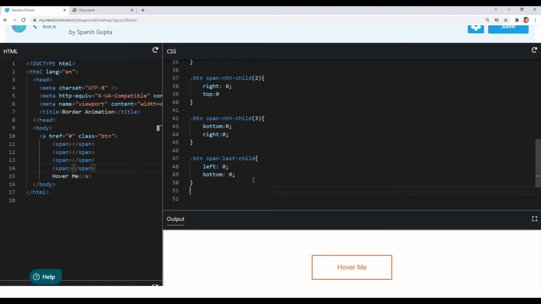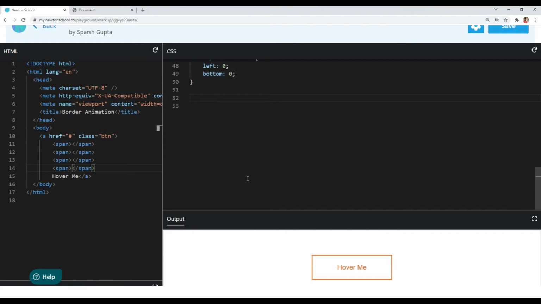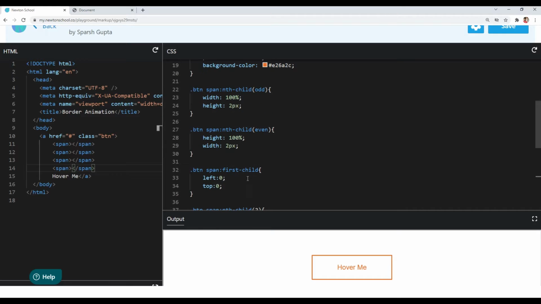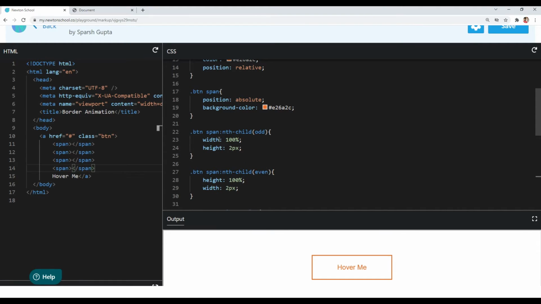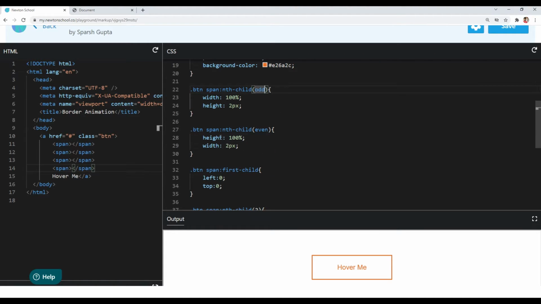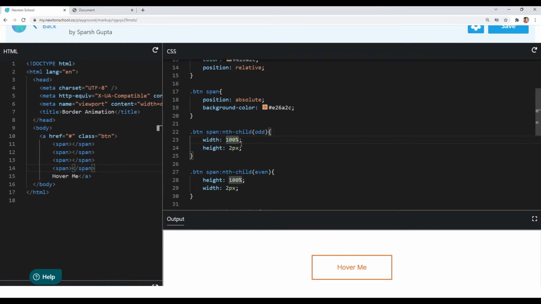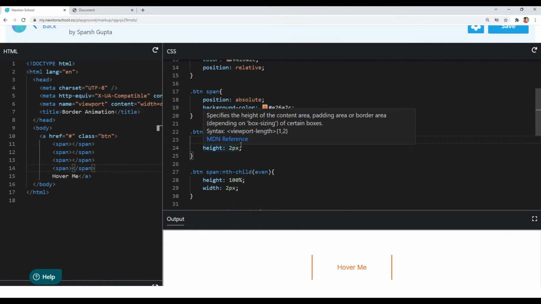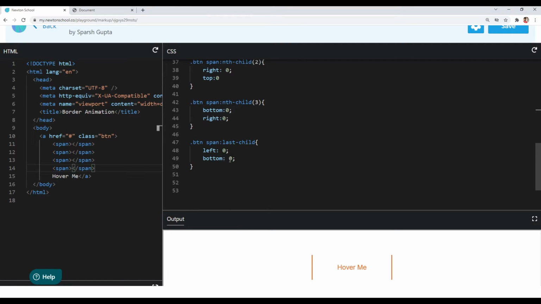For the animation, what we want to do is basically animate the width of our first and third child, and animate the height of our second and fourth child. Let's make it 0 initially, and we will make it 100% when we hover our button element. So let's quickly do that.